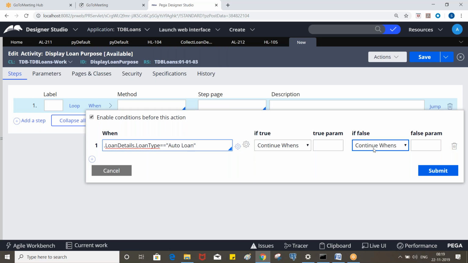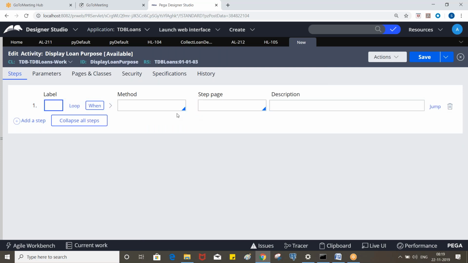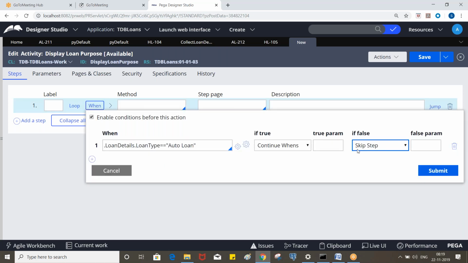Continue, otherwise skip the step. Skip the step means this step will be skipped and it will go on to execute the next step. So if it is not auto loan, we will skip it.